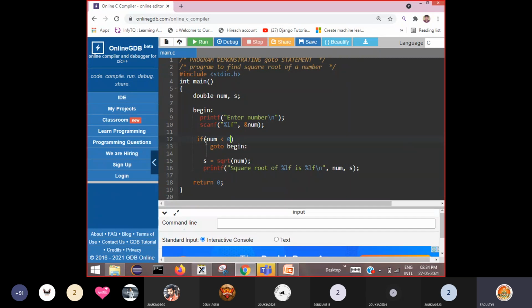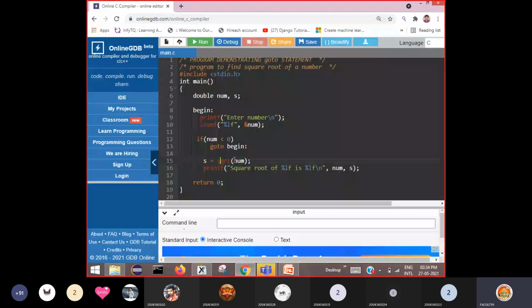Please remember, we are using a simple if statement. If the condition is true, then the next statement, the only statement associated with this if, will be executed. If the condition is false, this is not executed. So it directly jumps to the next statement. So this is the next statement that is executed here. If this is false, then only it comes to this statement. Here you entered 4, 4 less than 0, false. Then it won't go to this statement. Directly it leaves that if statement and control comes here.